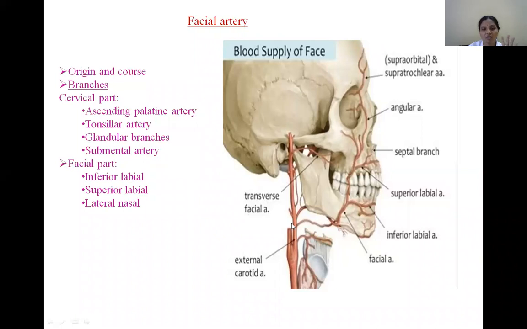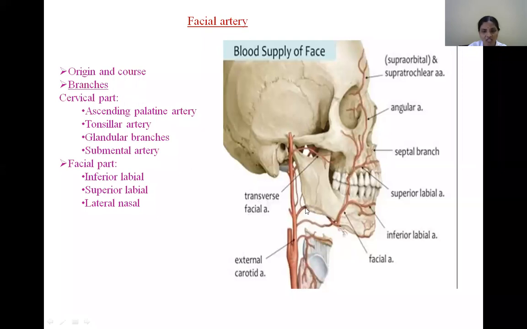So in this way, you should appreciate, during surgery or during dissections, how the external carotid artery gives origin to these three artery branches, right? The facial artery takes origin from the anterior aspect of the external carotid, just above the tip of the greater horn. Then it has a sinuous, meaning tortuous, course. First, it ascends upwards and medially towards the angle of the mandible. So this is the first loop of the course.